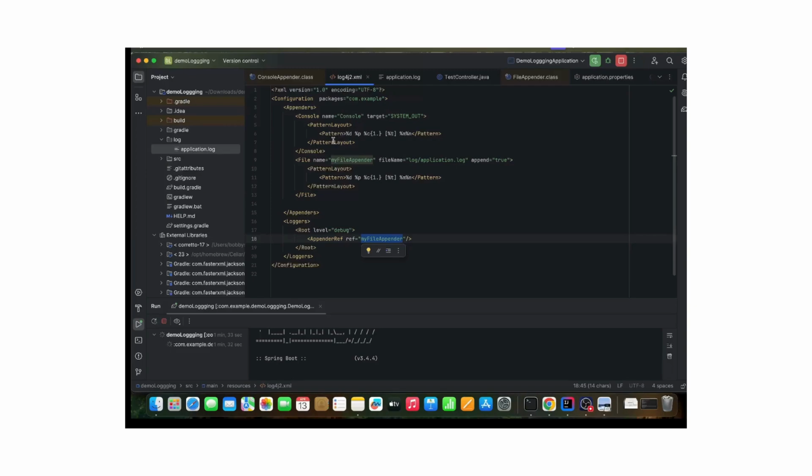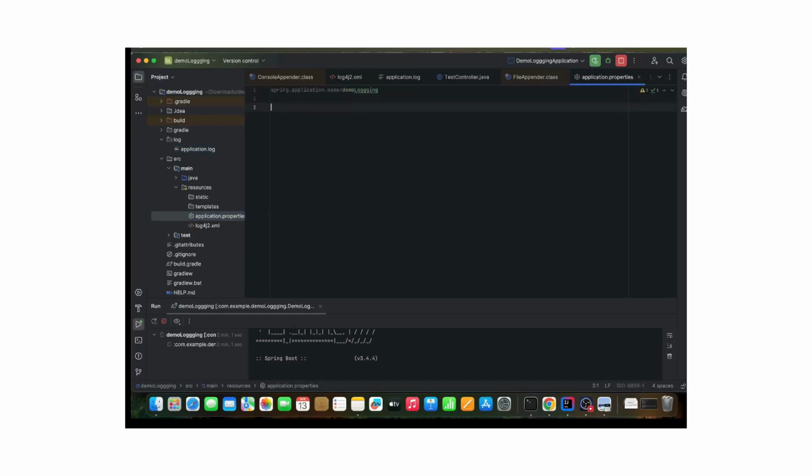So in that case we need to read the property from the application file, right? Because in that case we are not creating multiple XML configurations for each profile, right? So we can just define our property name in application property,